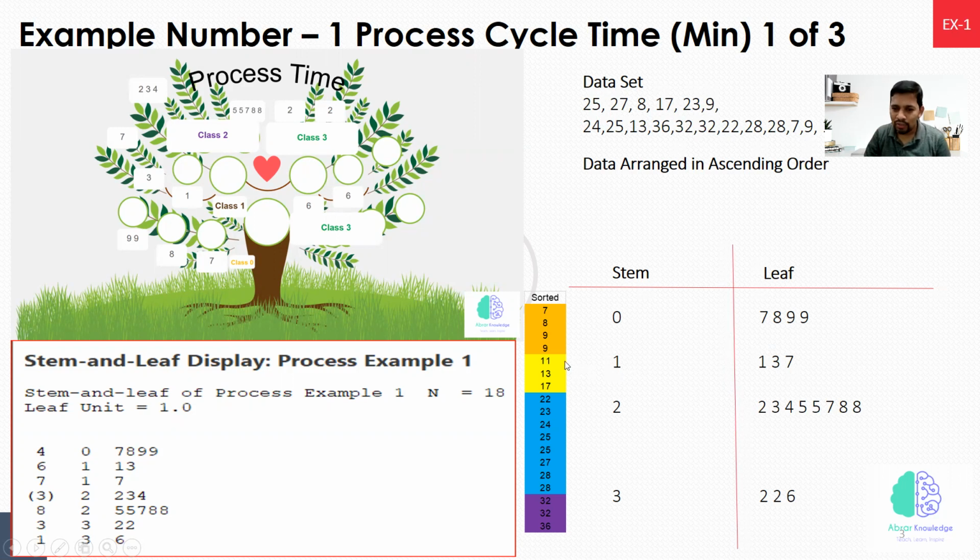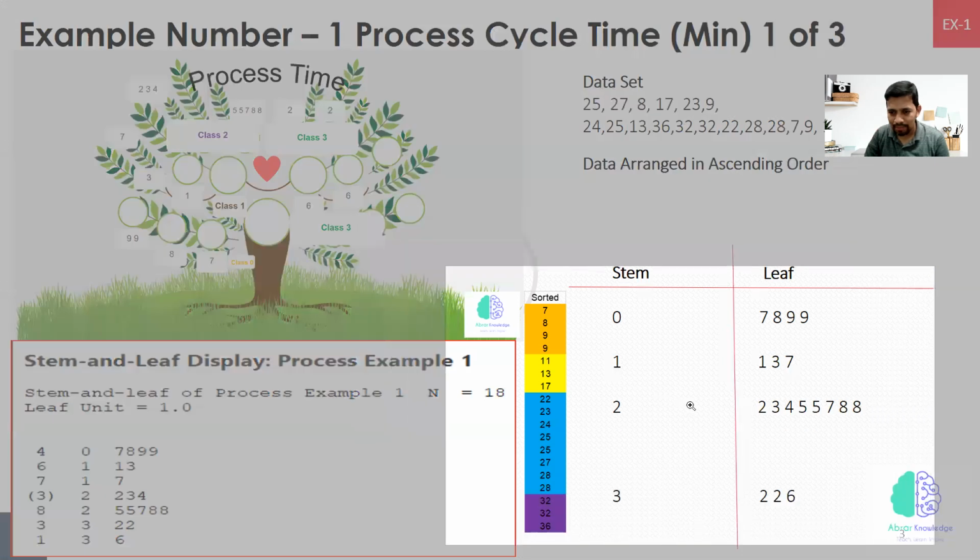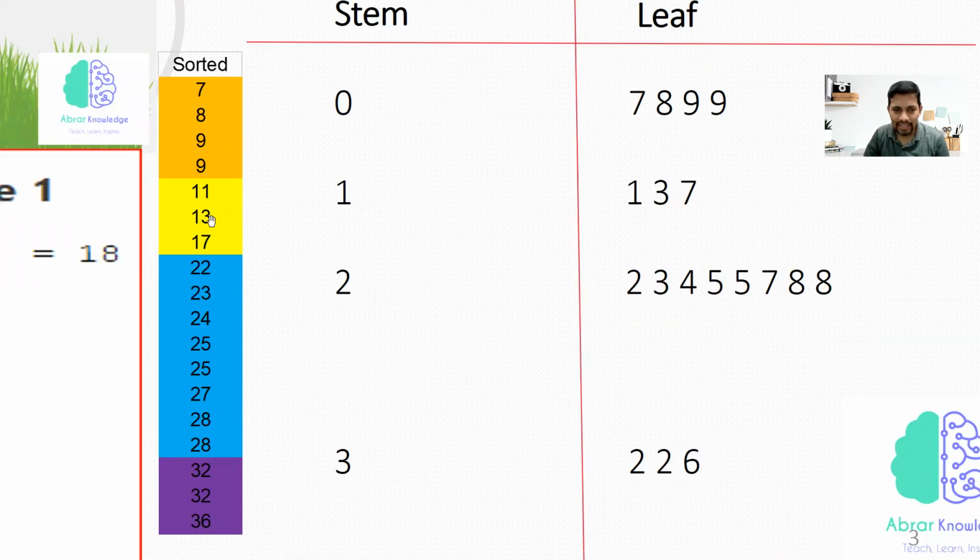How to interpret? In this particular example, let me zoom in a bit. 11, 13, 17. So the stem is 1. For 11, the stem is 1, the key is here, and the leaf is 1. So it should be read as 11. Another number is 1, 3. You can also give a comma in Minitab, there's no problem. 1, 3 is 13. 1, 7 is 17, right?